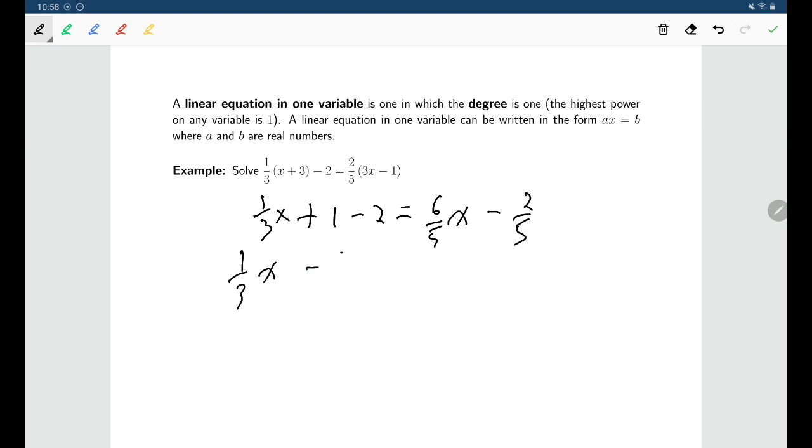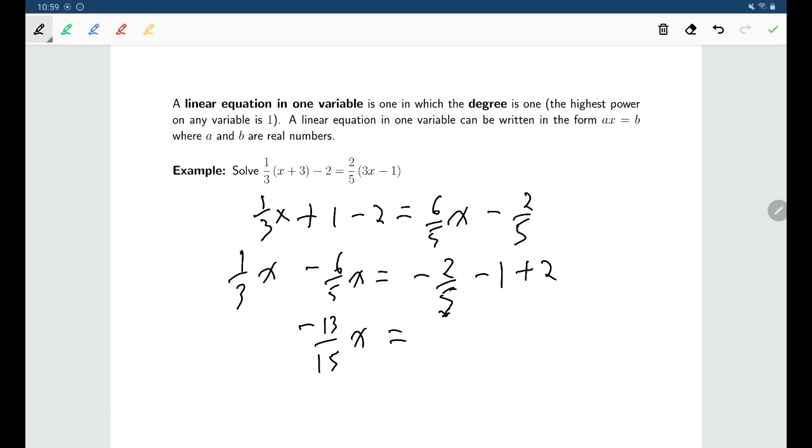So 1/3 x minus 6/5 x. And on the right side I have that negative 2/5. I'll bring the 1 to the other side, bring the 2 to the other side. And then as far as the arithmetic side of things go, again, use your calculator to simplify what is 1/3 minus 6/5. Using my calculator, I can find that that's negative 13/15. And on the right side, I have minus 2/5 minus 1 and plus 2, and that is